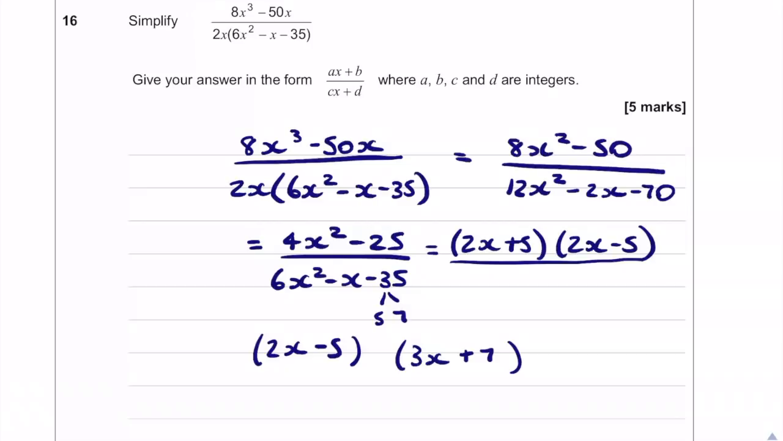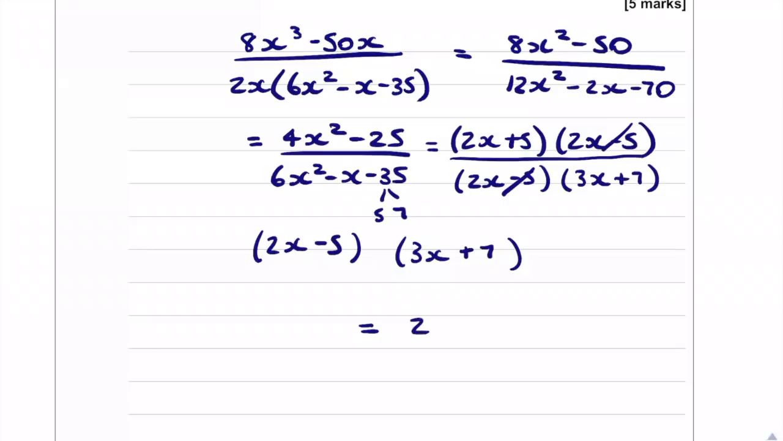And then we get the minus 35. So that does work. So therefore we can rewrite this as 2x minus 5 multiplied by 3x plus 7. And now what we can do is you should be able to see that the 2x minus 5s cancel out. And we are left with 2x plus 5